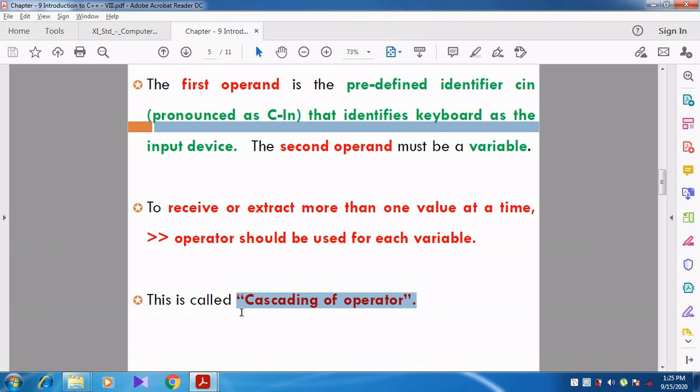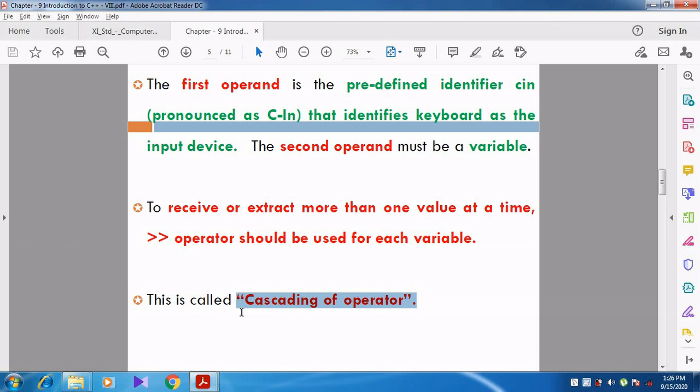If I want to get one value, cin >> A, the value is stored in the variable A. But if I want to get more than one value from the user for more than one variable, cin >> A, then again we use the stream extraction operator, or get from operator, for the variable B. Again if you want to use it for C, so again the stream extraction operator and C.